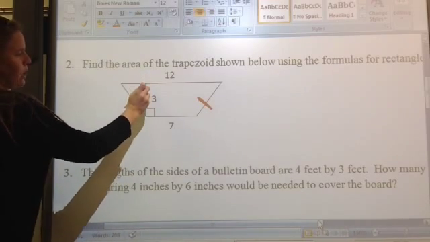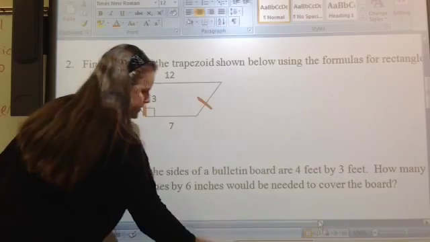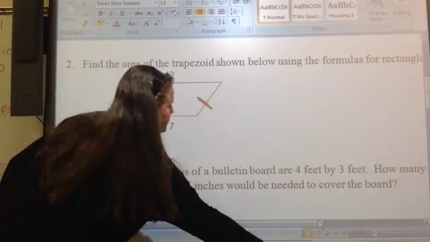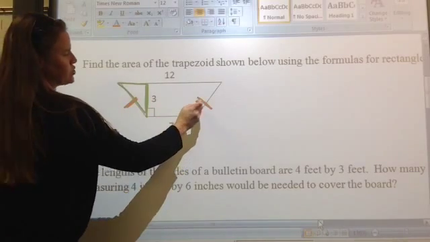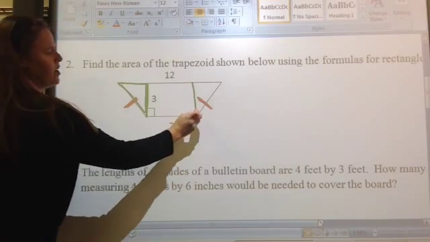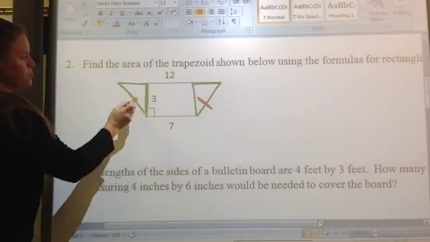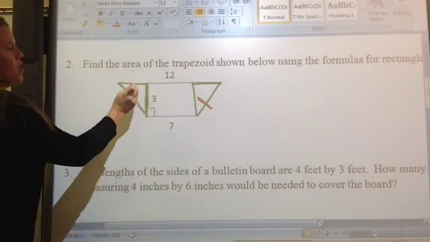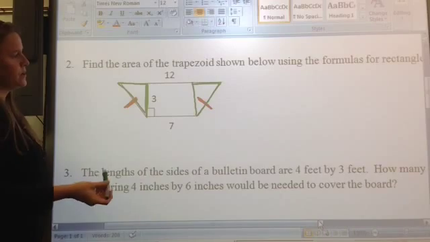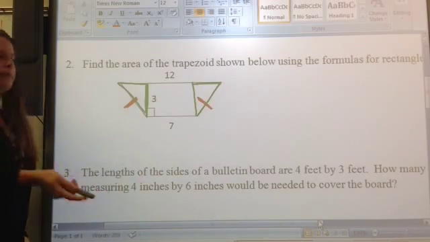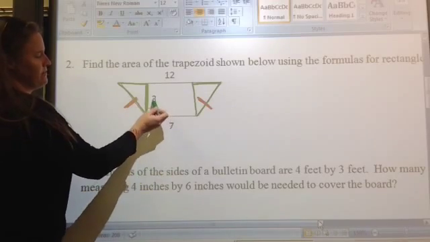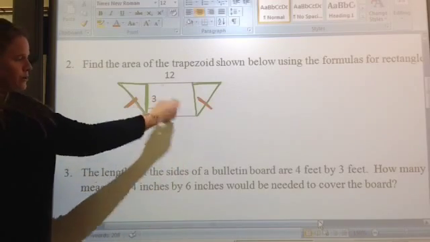So we have our triangle here. Let me go a different color on that actually. We have a triangle here. I'm going to draw a line here to indicate another triangle. And because we have our congruent lines here, we know that both of these triangles are congruent. We're left with a rectangle in the middle. And we know the rectangle in the middle has dimensions of 3 times 7, correct? 3 times 7